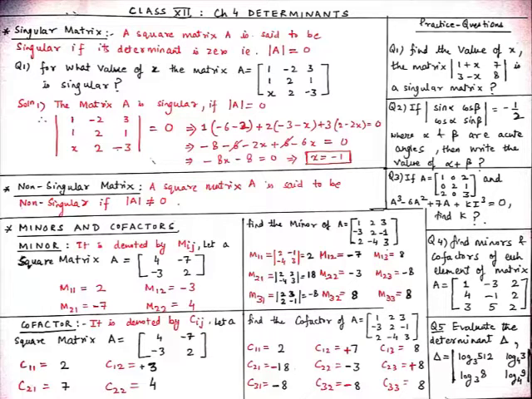And now we will find M13 element. So take element A13, which is 3, and now hide row R1 and column C3 completely and find the determinant of the remaining elements, which are minus 3, 2, 2, minus 4. So minus 4 into minus 3 is plus 12, and then minus 2 into 2, 4. So plus 12 minus 4 is 8.